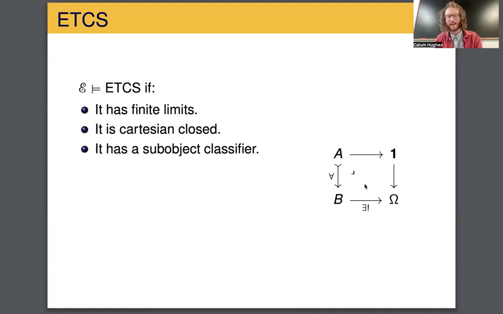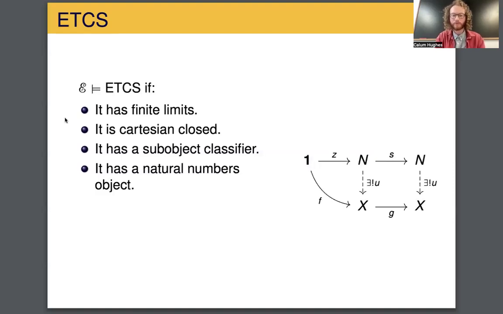Great. And so I should say that these first three conditions give the definition of an elementary topos. So this is an environment where you can develop a lot of propositional logic, so you can talk about conjunction, disjunction, negation, implication. All of this sort of thing can be developed internal to any elementary topos. And these are meant to be things that look a little bit like sets, but a little bit different as well. So we need to add in a couple more axioms to pinpoint the category of sets within all categories.